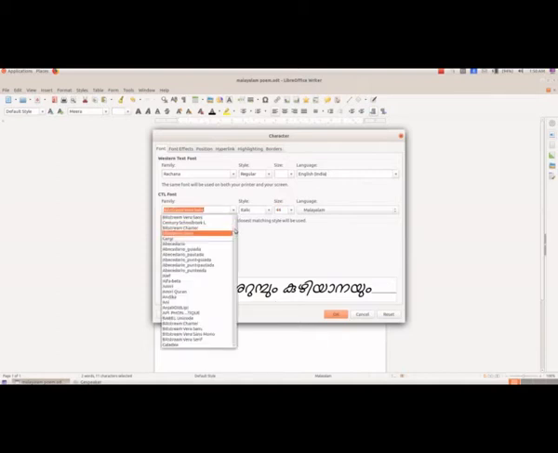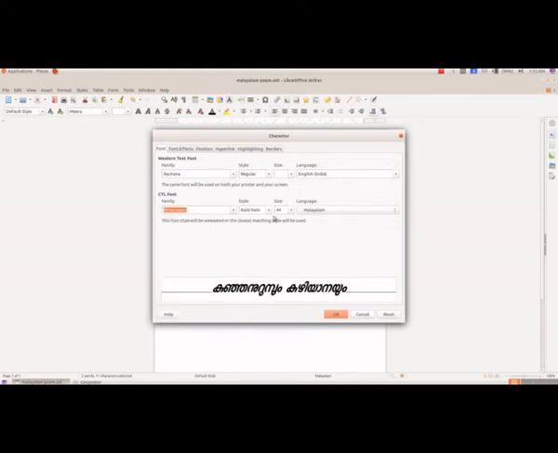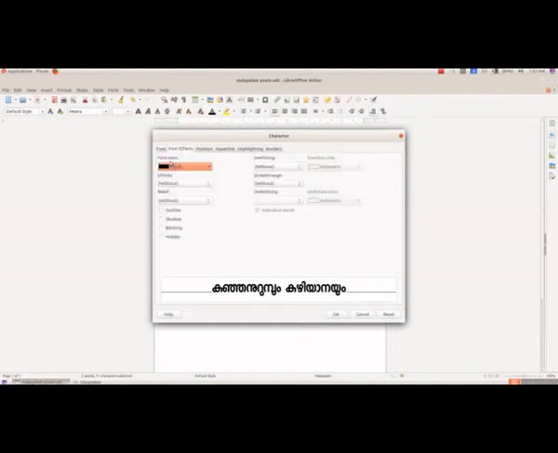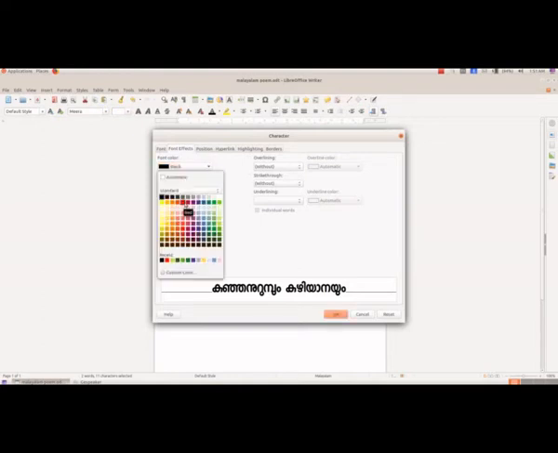Like this, we can select any other Malayalam font. We will select Keralium. So this is Keralium. Here we have bold and bold italics. And if you want to give another color from the tab font effects, instead of black we can select any other color.